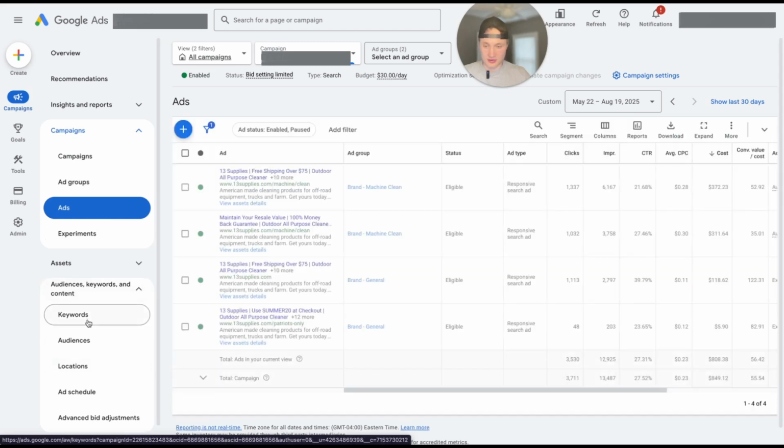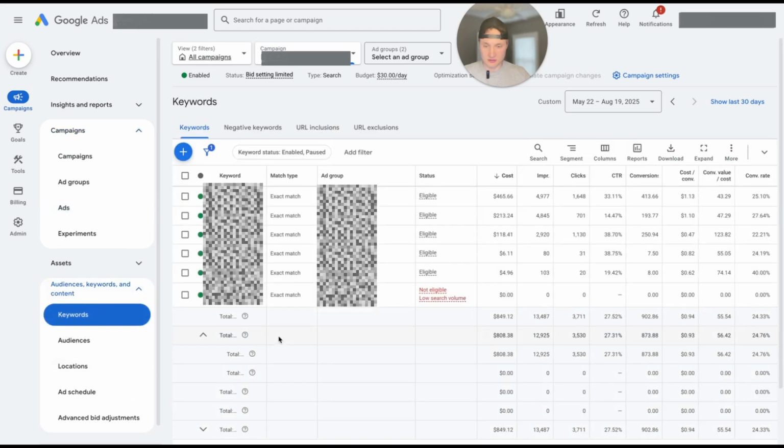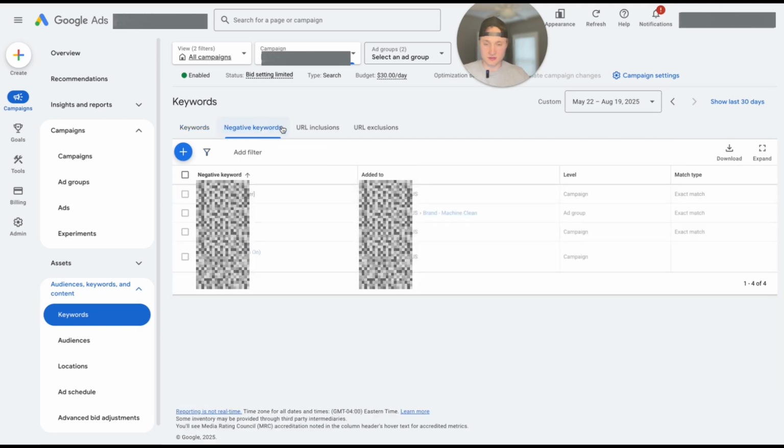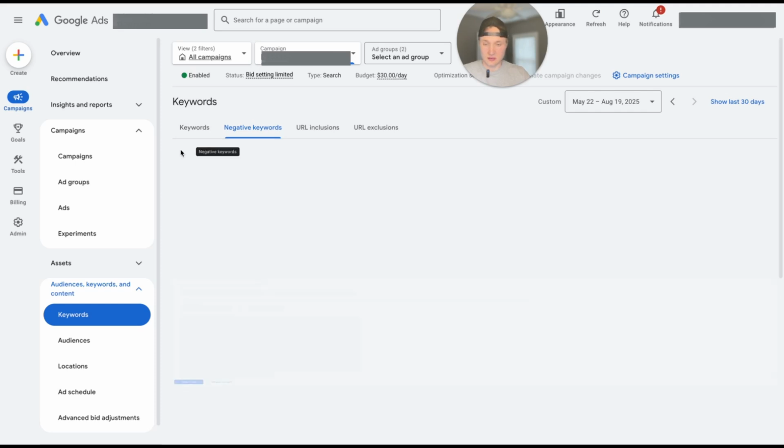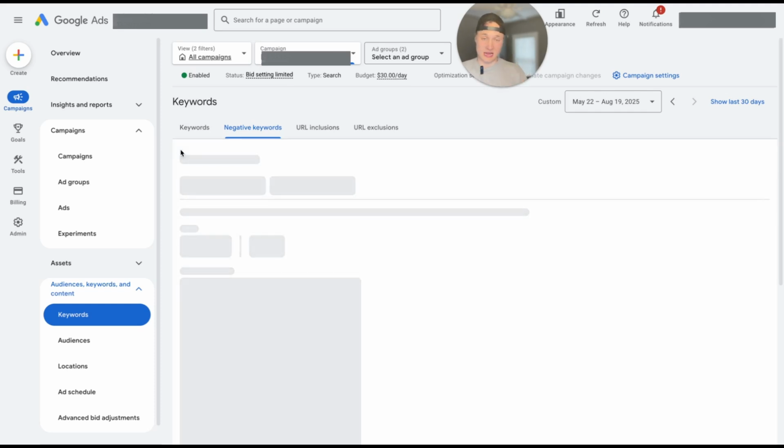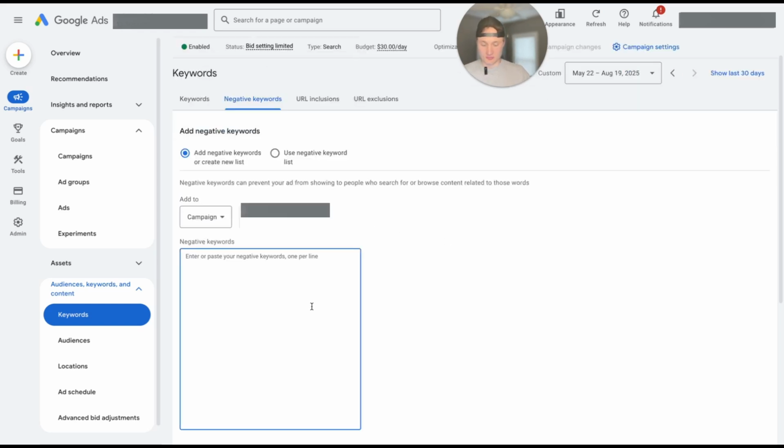What you would do is come down here to keywords, and then under keywords, you click over to negative keywords, and then you'll see that list is already in here. But what you can do, and this actually happens to be a brand campaign, which is why the brand name negative keyword list isn't in here. But let's say